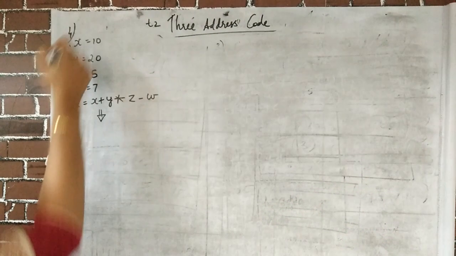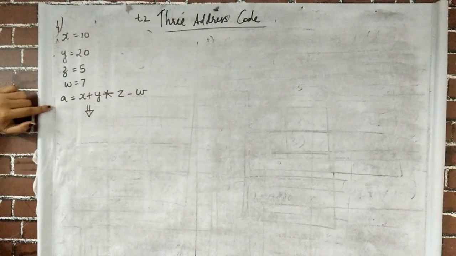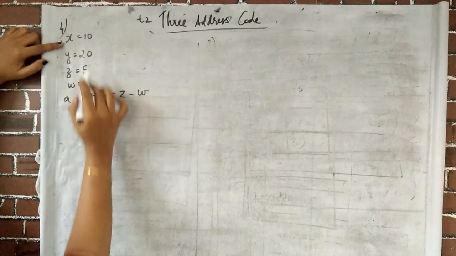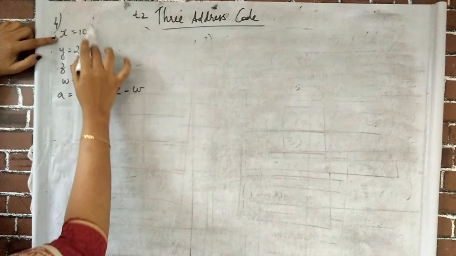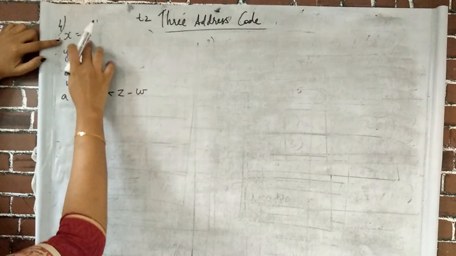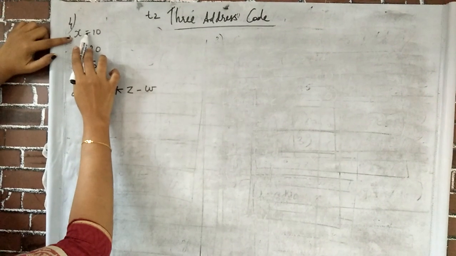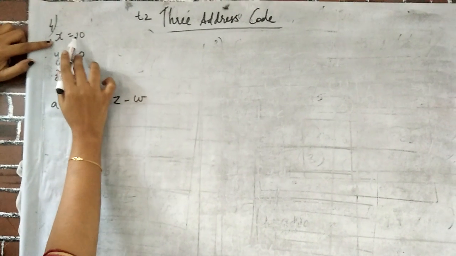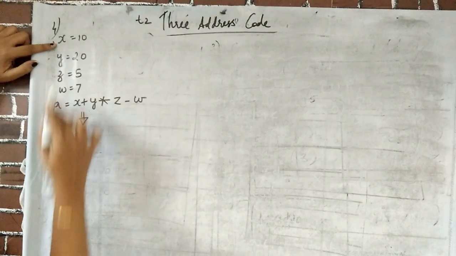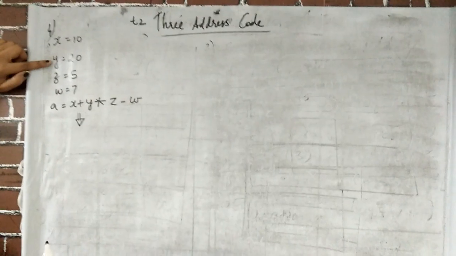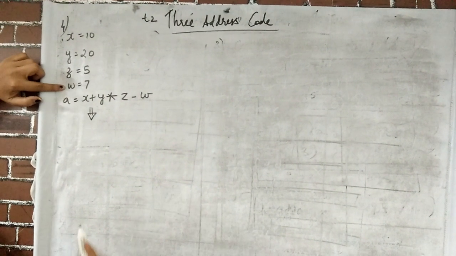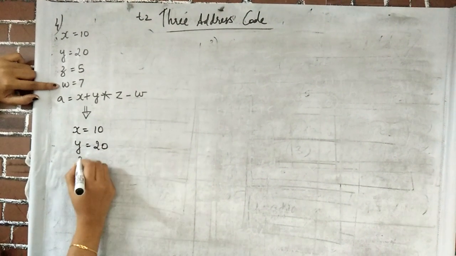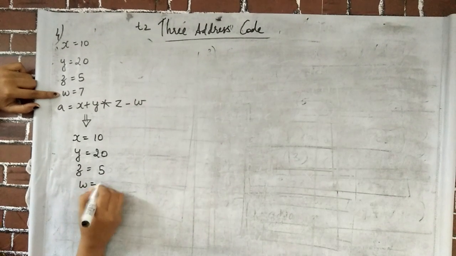So consider the next example. So you are given statements like this. Now the three address code for this can be written as, considering the first statement, here we know that on the right hand side you have only one operand, or only a value, and it is assigned to X. The operation is assignment. Okay, you are assigning the value of this operand, this 10, to X. So it is already a three address code. This is already a three address code. This is already a three address code. So it can be included as such over here. Y is equal to 20, Z is equal to 5, and W is equal to 7.